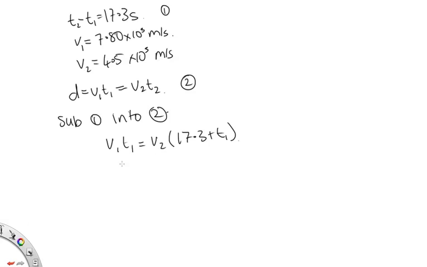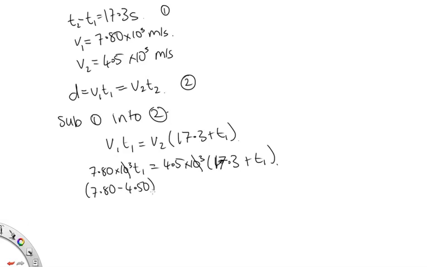Now substituting in our values, we've got 7.80 times 10 to the 3 T1 is equal to 4.5 times 10 to the 3, 17.3 plus T1. Let's cancel out our 10 to the 3's, and now we can rearrange this to find T1. We've got 7.80 minus 4.50 T1, just moving this term over to this side, is equal to 4.5 times 17.3. So T1 is equal to